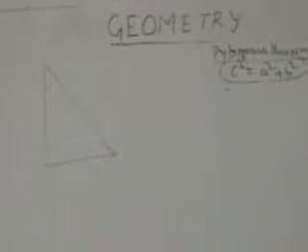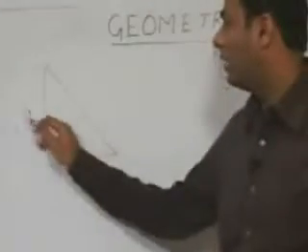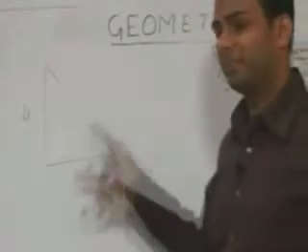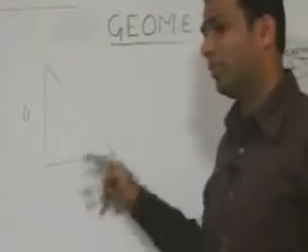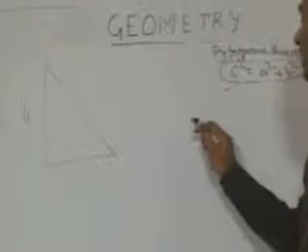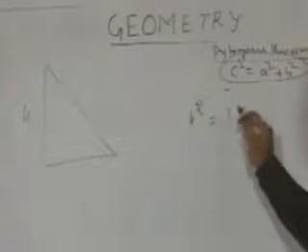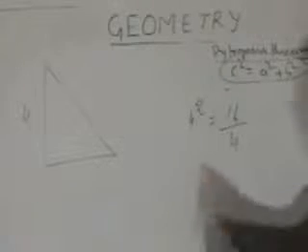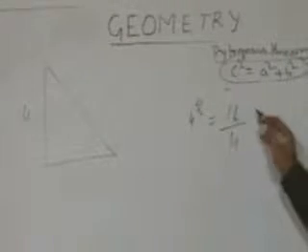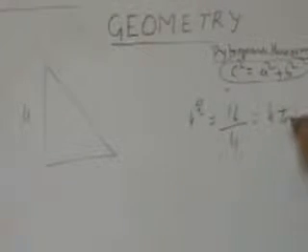For example, if I say one of the sides is 4 and the other two possible sides are integers. Okay, so what are the possibilities here? Straight away, take the 4 square, which is 16, divided by 4. In case of an even number, divide by 4, which comes out to be 4, and add and subtract 1, which is 3 and 5.